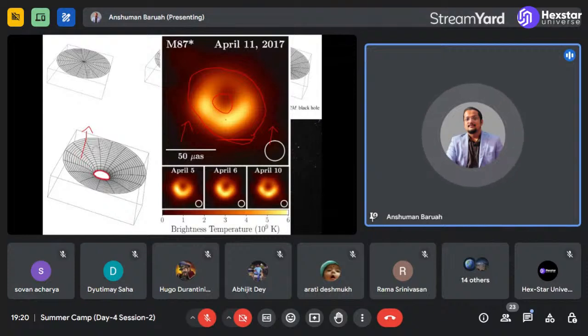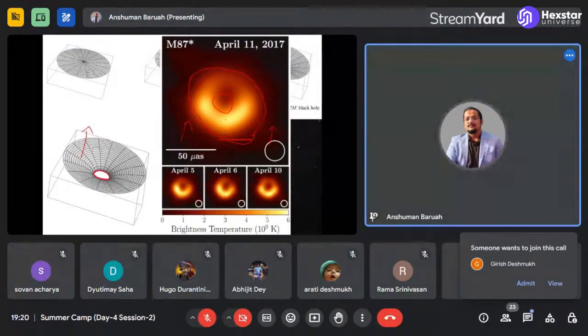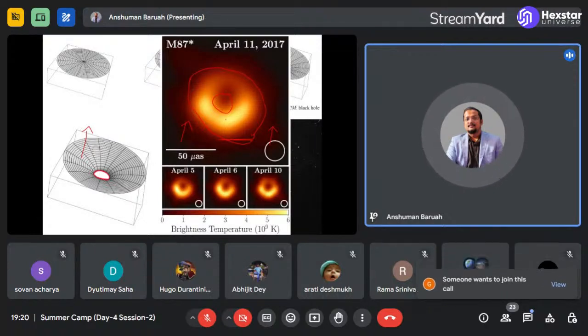What this particular thing is, I will explain to you in just a minute. These kinds of evidence tell us for a fact that black holes do indeed exist in the universe, and they're very, very important for the evolution of the universe and for the evolution of galaxies like our own.